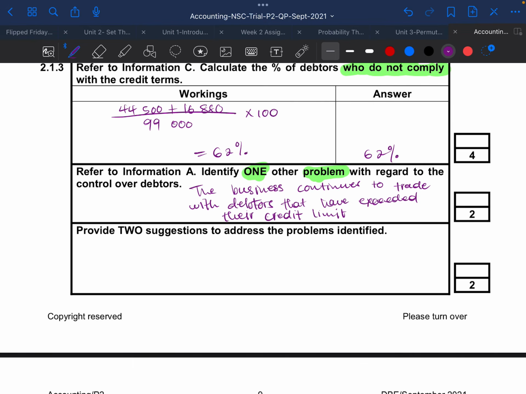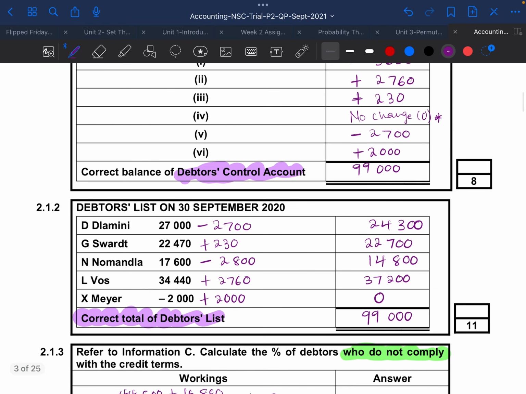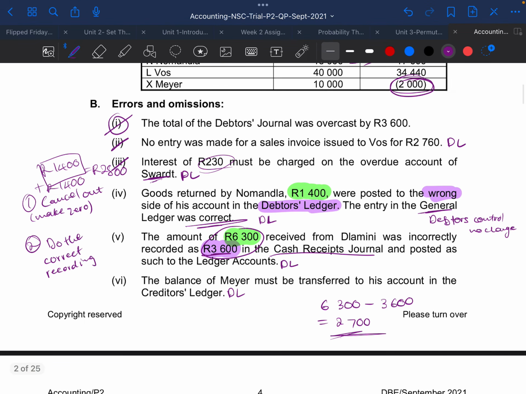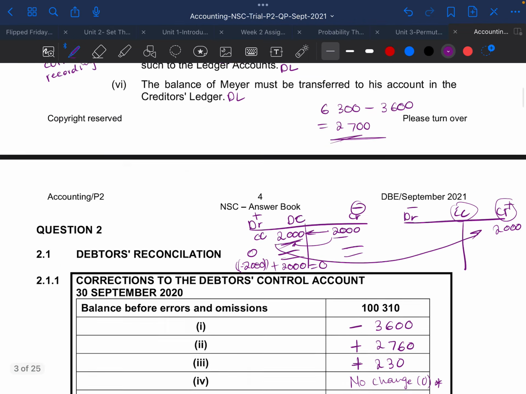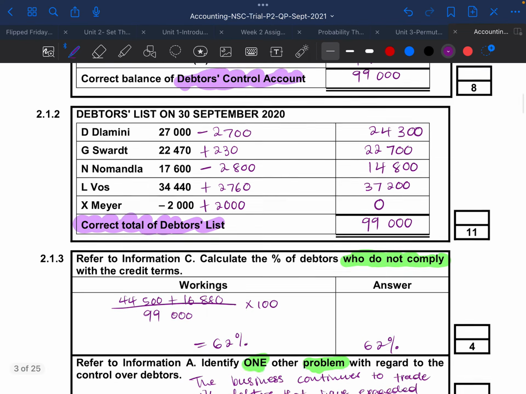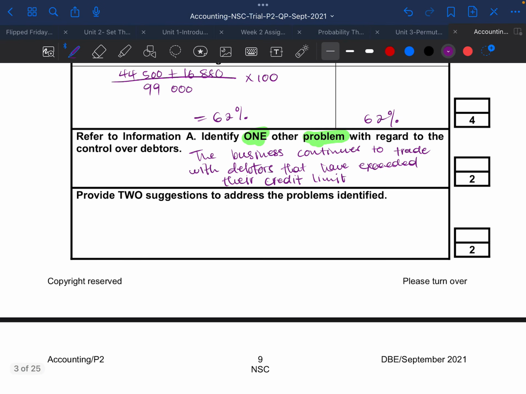And then provide 2 suggestions to address the problems identified. So I don't know if you guys have noticed, but they have already given us one of the solutions when we were doing the errors and omissions. Like if you could check here, interest was charged. So that is also part of the solutions that you might state. It depends on how strict the markers are, but it might also form part of your solutions. But because they say provide 2 suggestions, you could just say